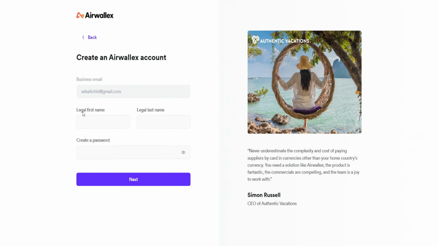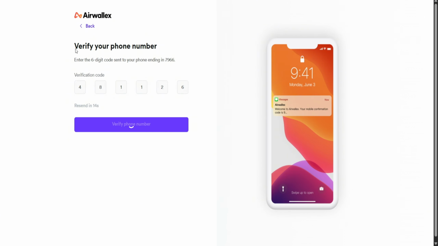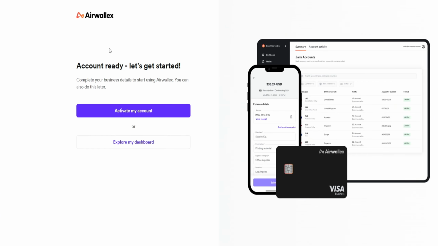Now you're going to put in your legal first name and your legal last name, and finally the password for your Airwallex account. Next, you're going to put in your business name, your business headquarter, and your mobile number. Then you're going to have to verify the number you placed, and now you can activate your account or you